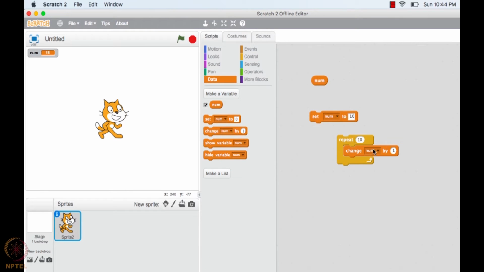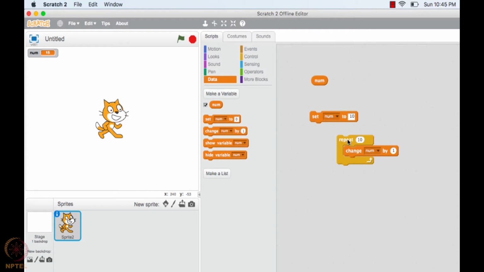I repeat, num was 15 and I'm going to change num by 1, 10 times. When I double click on this, you see the computer is going to very quickly execute this piece of instruction 10 times. Now that's a very subtle thing. You may want to pause the video and think what's happening here, or even parallelly try doing what exactly I'm trying to do here. Right? It's not so easy. At the same time, not very difficult. It takes time for this to sink in.